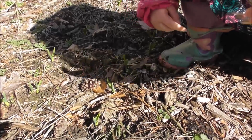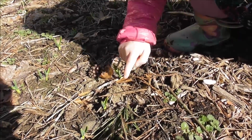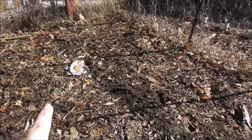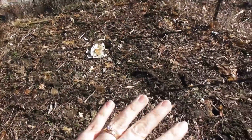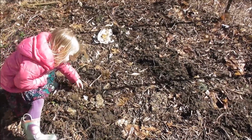See all the little baby garlics? Nope, those are weeds. Where are the little baby garlics? There it is. Good job. So this has been getting the most sun for springtime, so I think this is where we're going to put it. There's some rows here. Probably can't see it because it's been winter time, but we're going to dig it